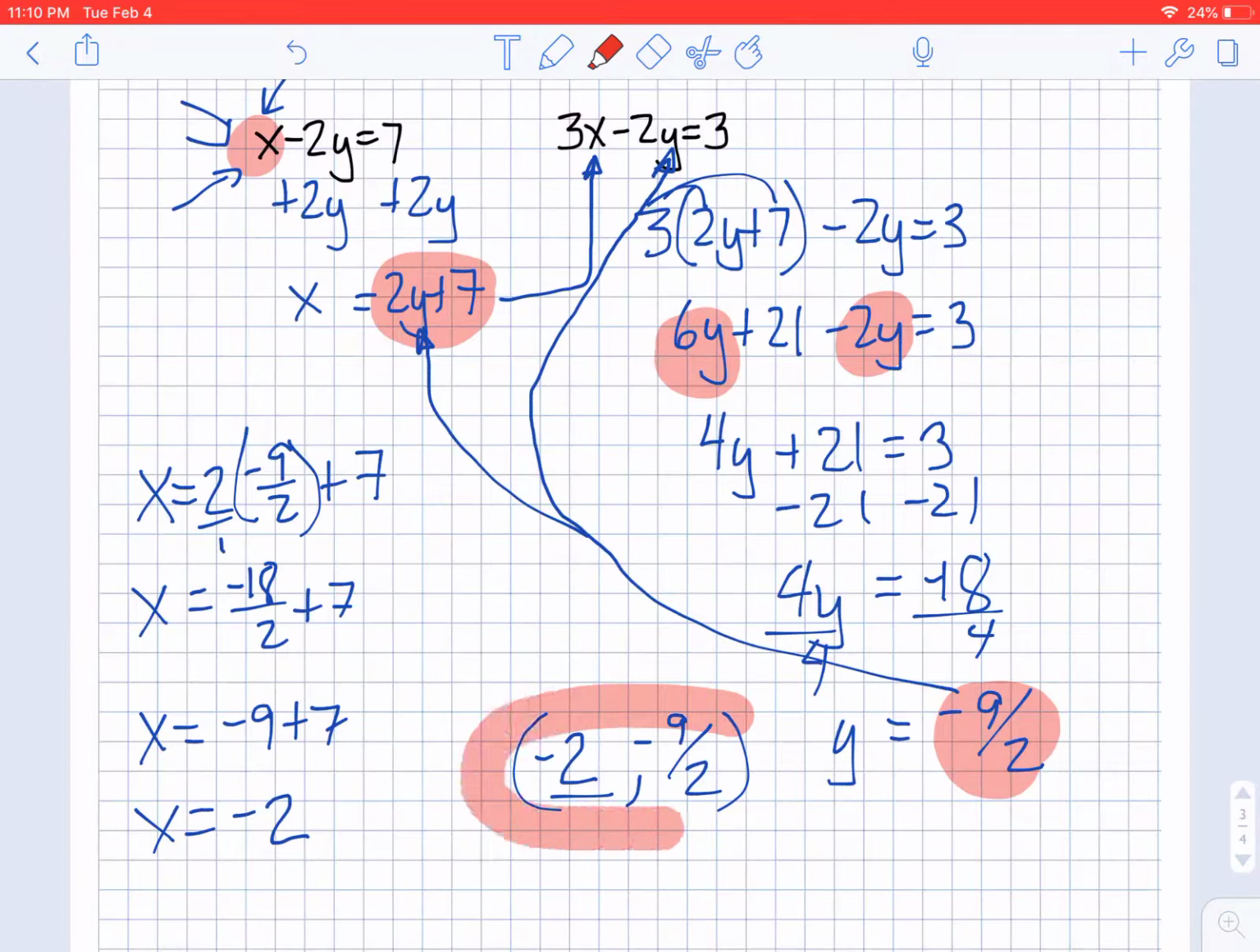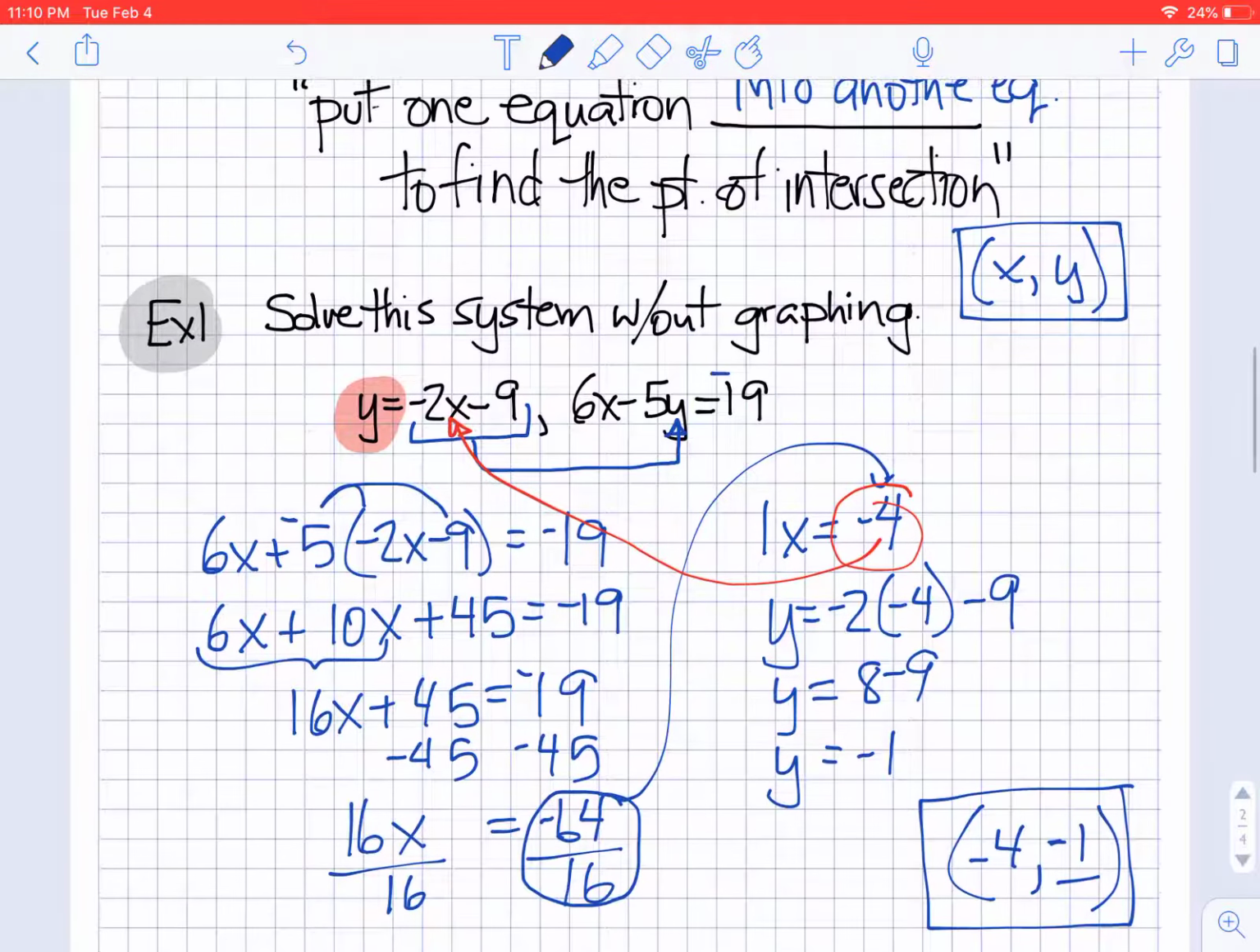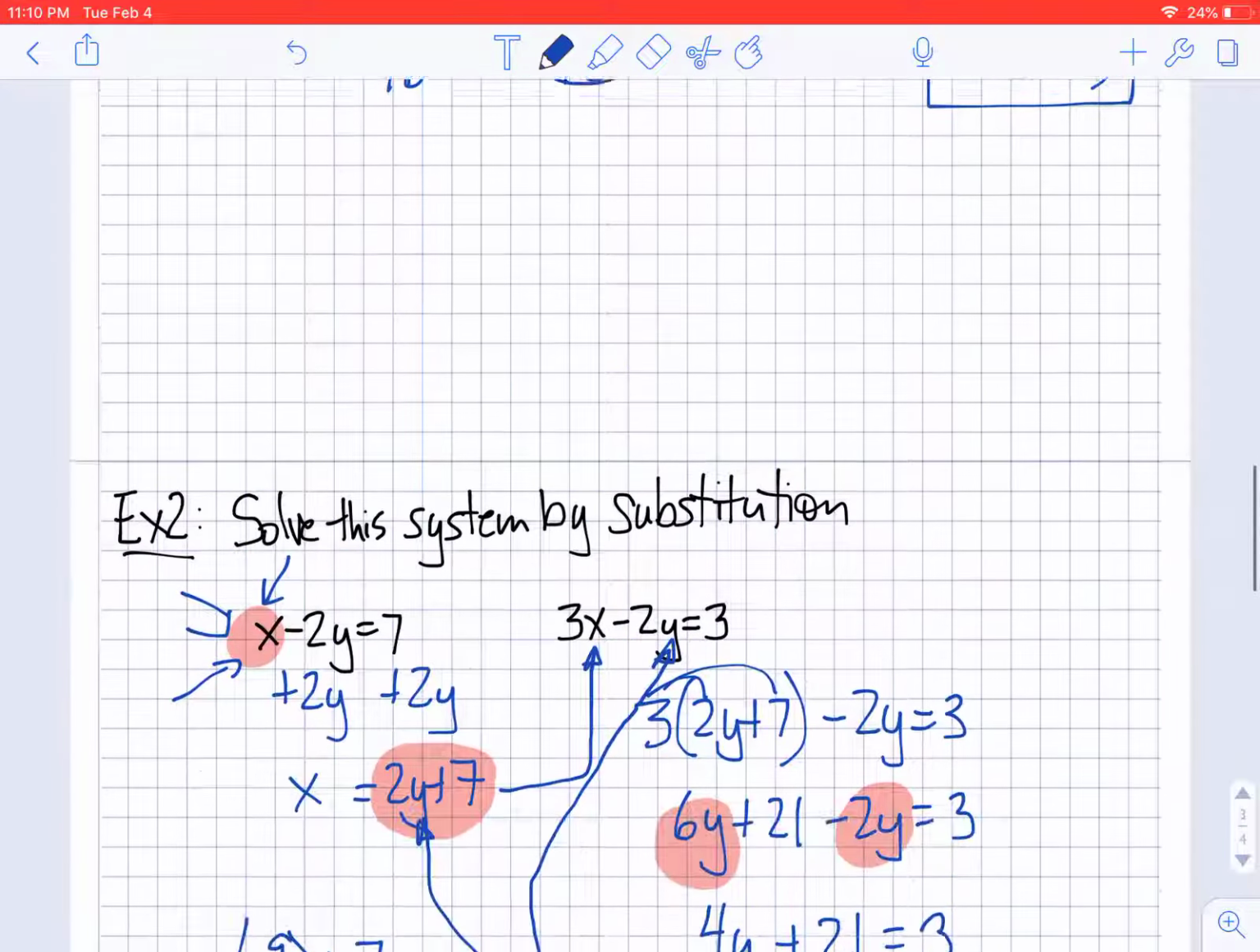Good luck with solving your problems by substitution. Remember, the trick is get one equation so that it has a variable all by itself. Hopefully, when they give you the two equations, like in our first example, one of them already has one variable isolated. If not,